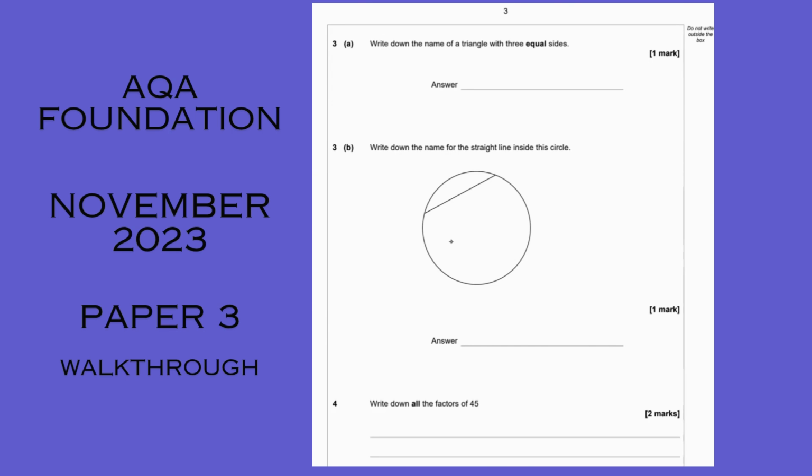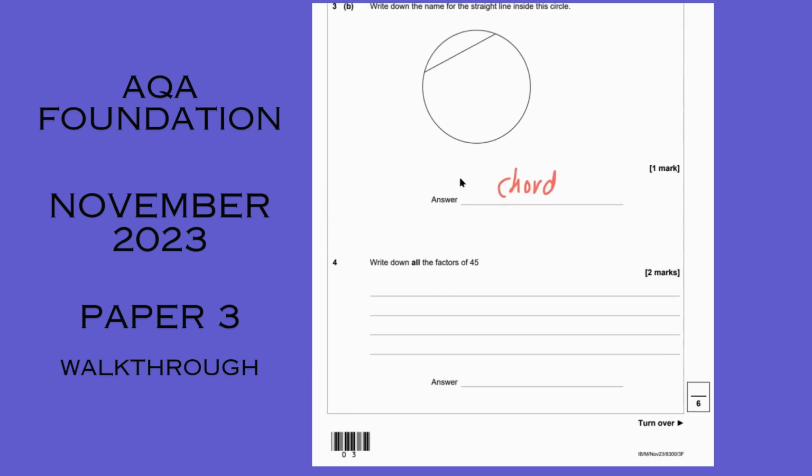3A, so the clue's in the name, they put it in bold. A triangle with 3 equal sides, equilateral. If you're not hot on the spelling, AQA doesn't mind, and same for 3B with the chord. AQA, more than most exam boards, do go with the old accept as a right answer if the candidate's intention